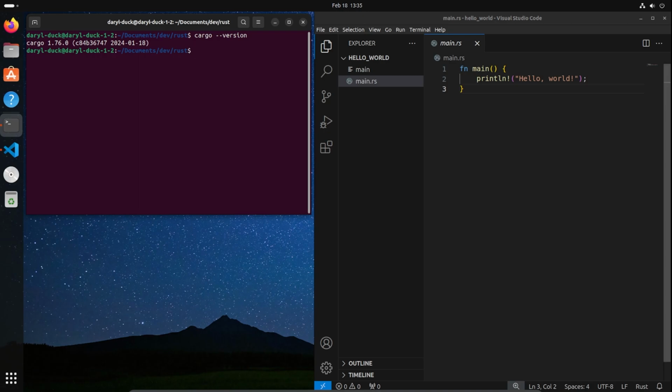Now, what Cargo can also do is it can actually create a project for you by running the cargo new command. So I'm just going to simply just type here cargo new and then the name of the project that I want. So I'm going to call it hello cargo. And now what that's done is that's gone off and created a folder called hello cargo. So if I go ls here, you'll see now I have a hello cargo folder. If I cd into that,